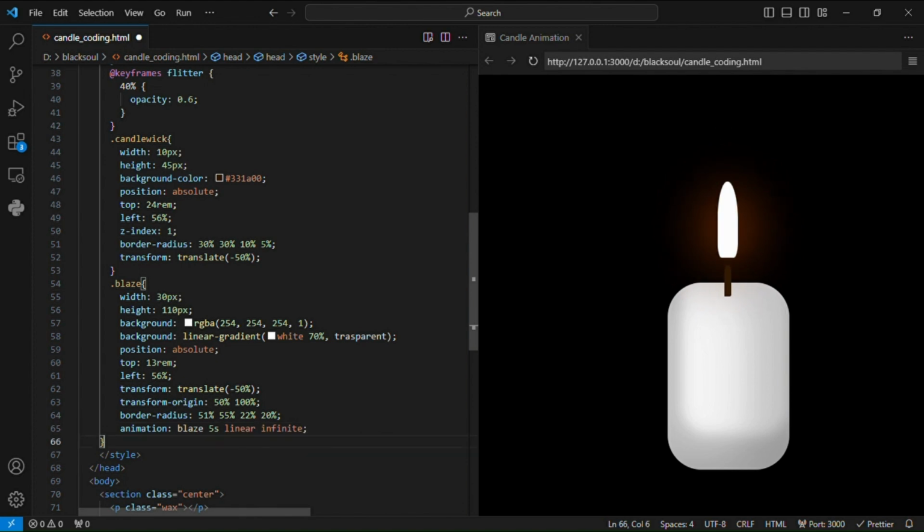So now, since we have defined the animation name, we need to create the keyframe. The keyframe identifier name should be blaze, and at 0%, it should